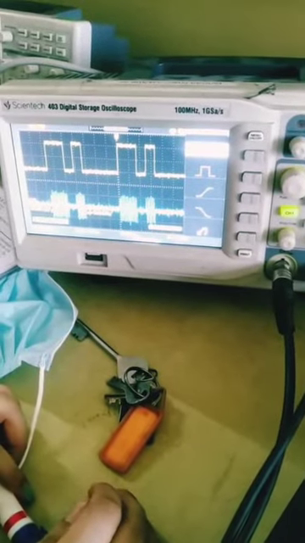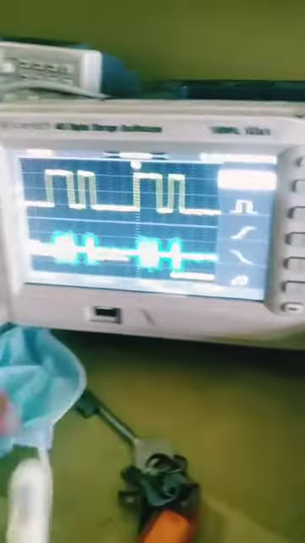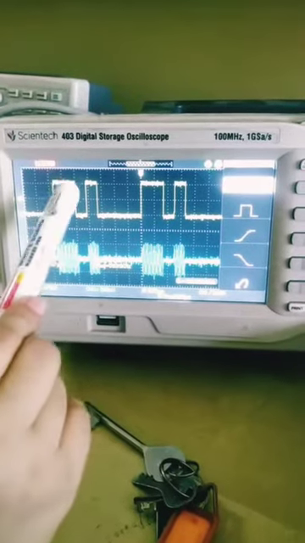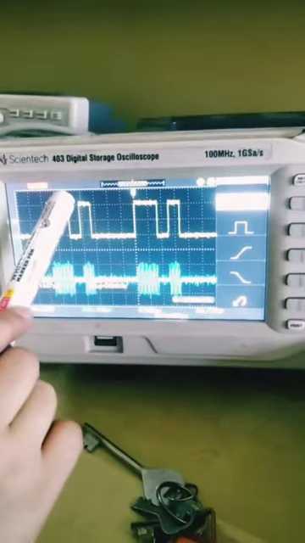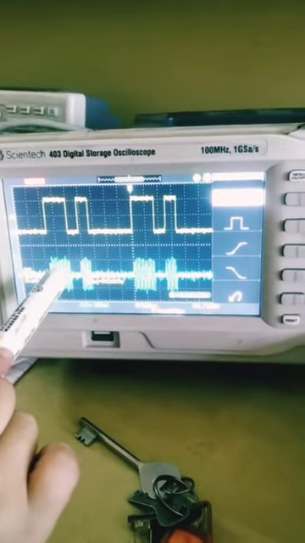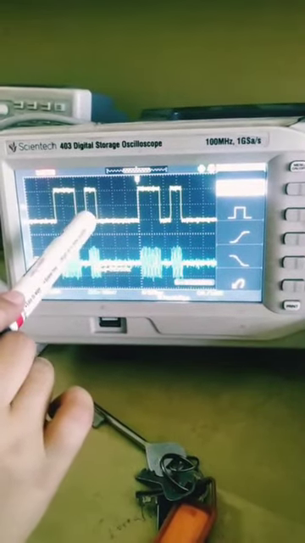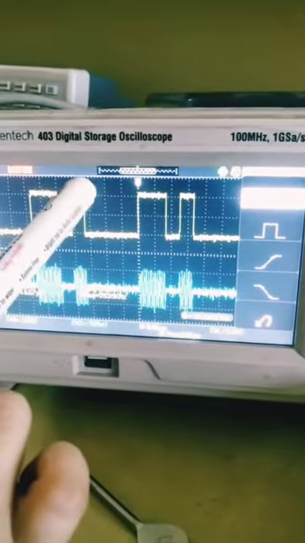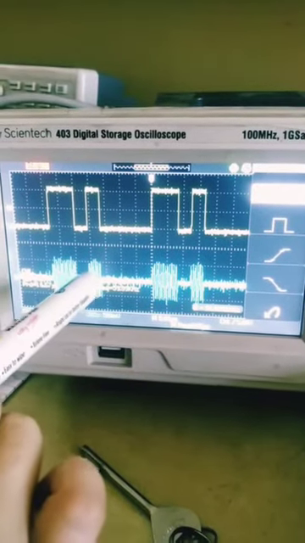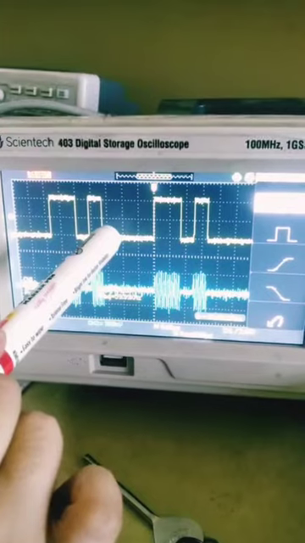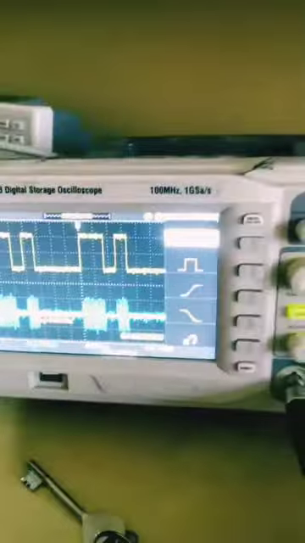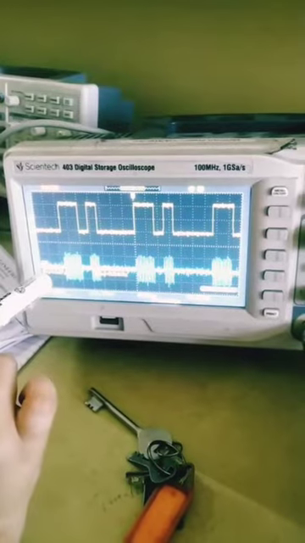Now, as you can see from the digital oscilloscope, this is your NRZ low waveform. When the input is high, which is at logic 1, your carrier signal will be on. When the input is at logic 0, the carrier will be off. When the input is at logic 1, the carrier will be on again. When the input is at logic 0, the carrier remains off, and so on. Hence, this type of modulation is also known as on-off keying.